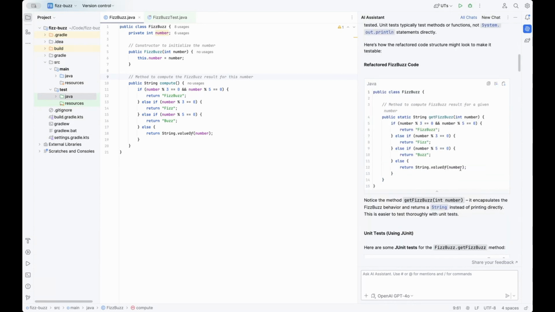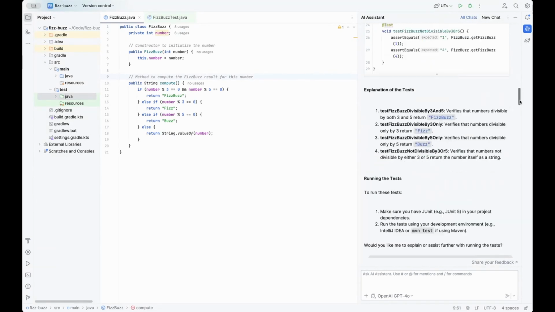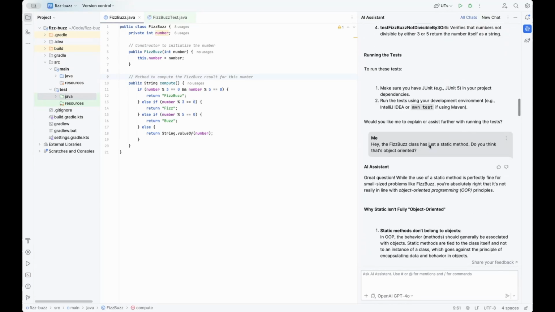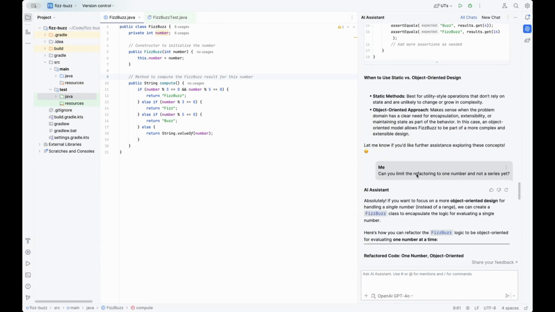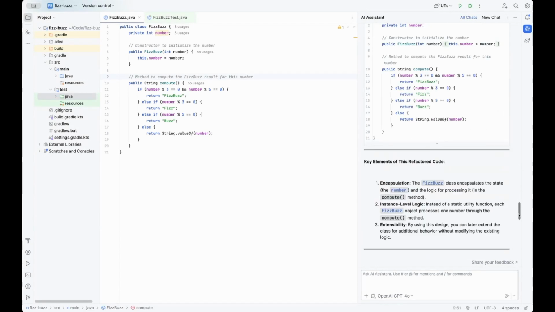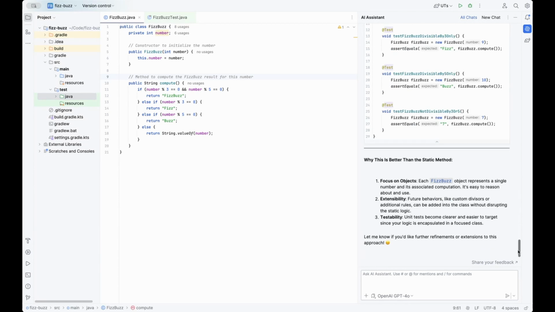Then when it wrote tests, you had to copy paste files back into the right place. Then you had to say, can you make it more object oriented, remove static. Then it did something completely unexpected, which was trying to write a program for running from 1 to 100. Then you had to say, don't do that yet, I want to instead do this. So there was a lot of that constant guiding that you had to do